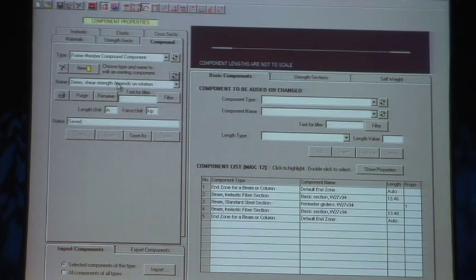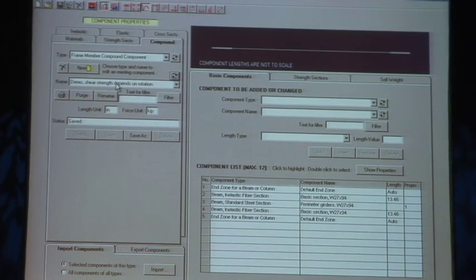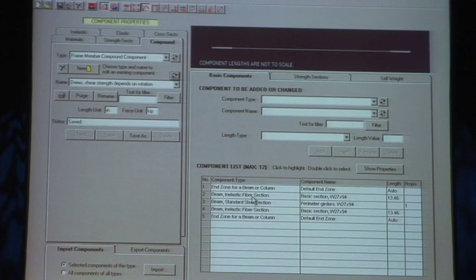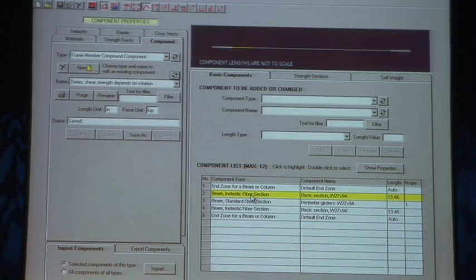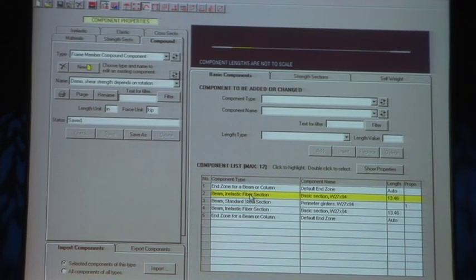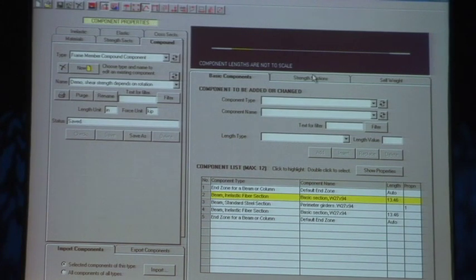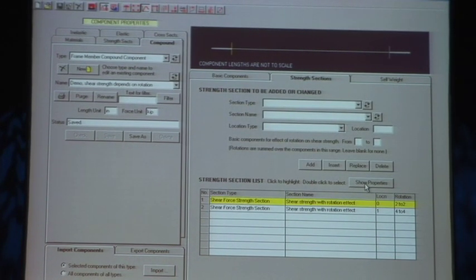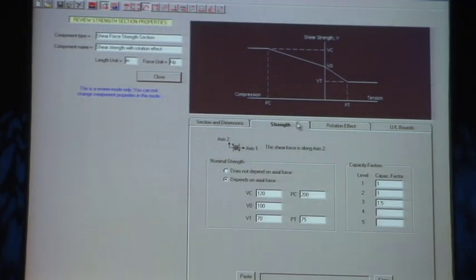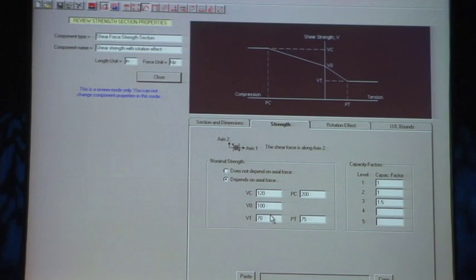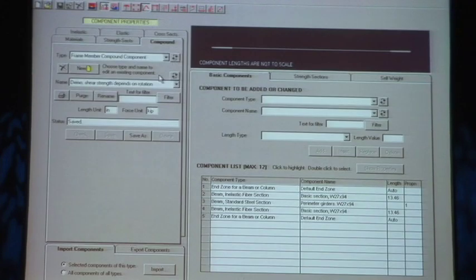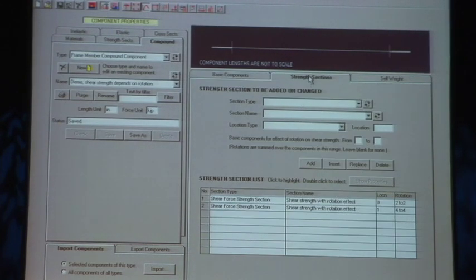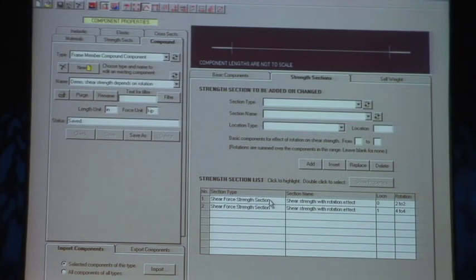And here's an example where the shear strength depends on the rotation. This actually is the end zone, a plastic zone model with the fiber beam section. And if I go to the strength section, what I've done is define a shear force strength section. And it just happens to be rather crude. It's got a strength of 100, and actually the strength can depend on the axial force, so don't worry about that. What I'm interested in now is if I look at the strength section,